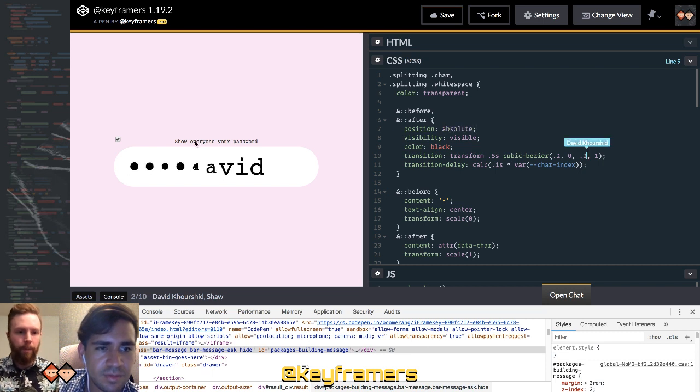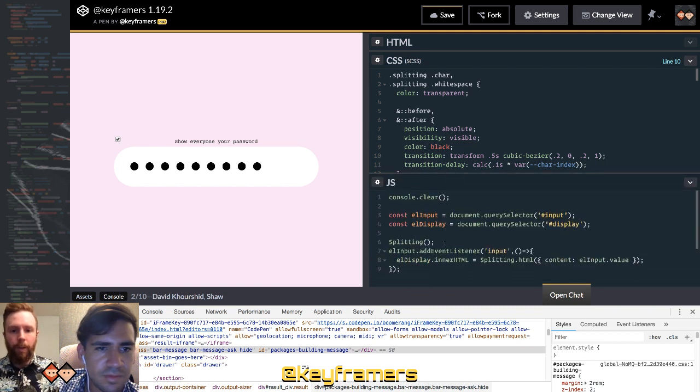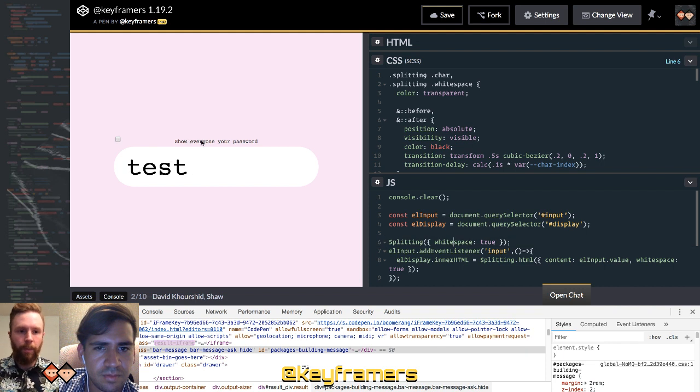There we go. All right. Oh, and one thing you can do here is setting white space true in the splitting settings, and that will include the white space in your calculation. Yep. That's really cool.